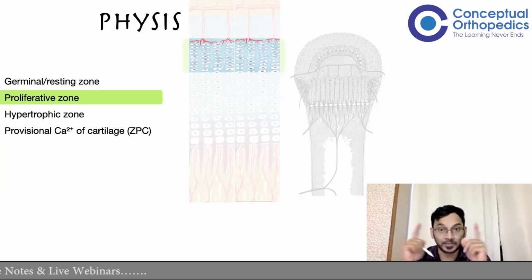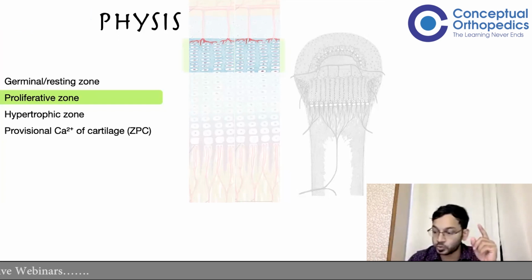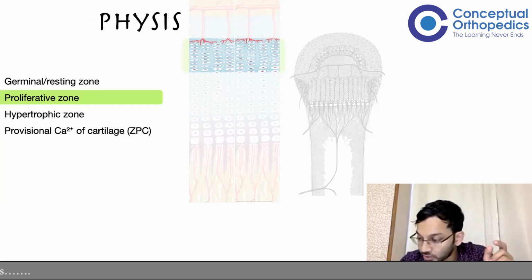Now, since there is blood supply, if you see the blood supply which has passed through, so this was the resting zone here, you see the blood supply which has not supplied